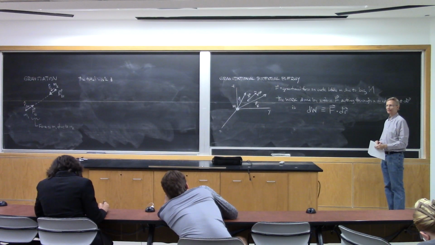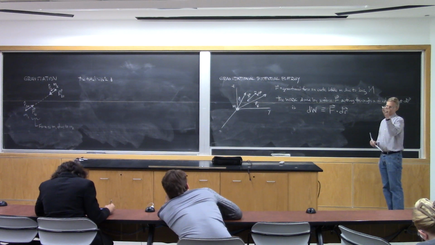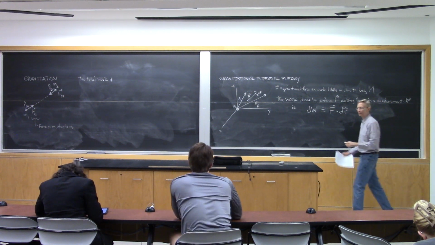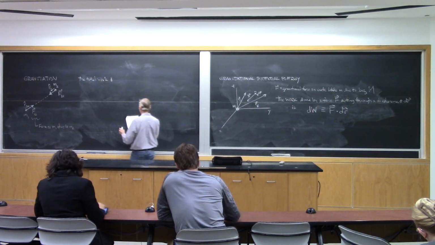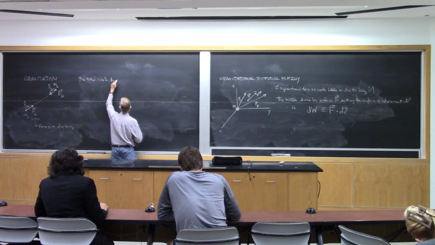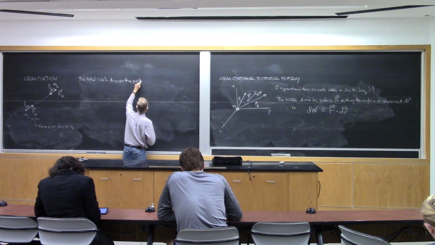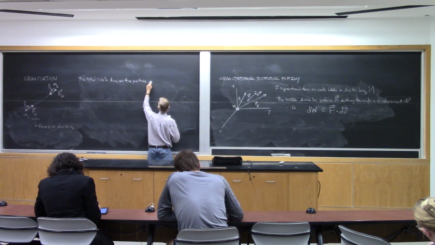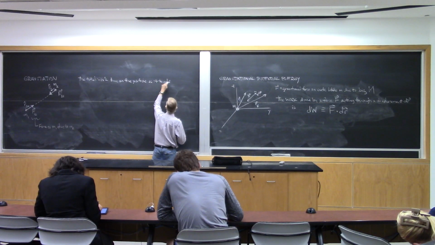If you're on a tablet, fine; if you're not, you're cursing my name right now, I had to erase what I wrote. Okay, total work done on the particle as it travels from Ri to Rf is,